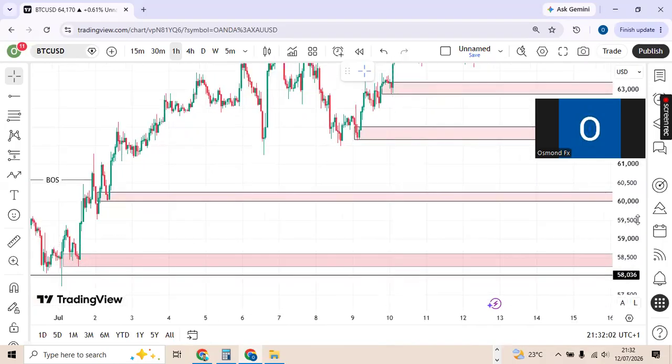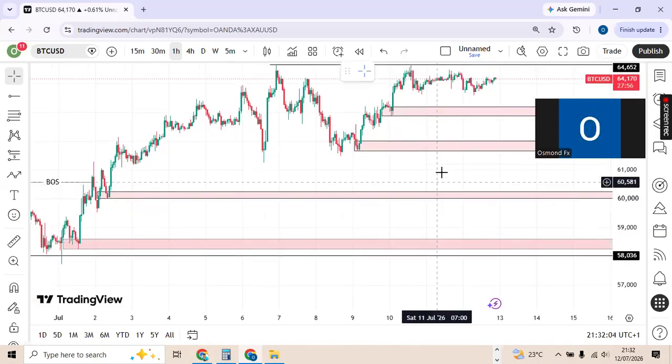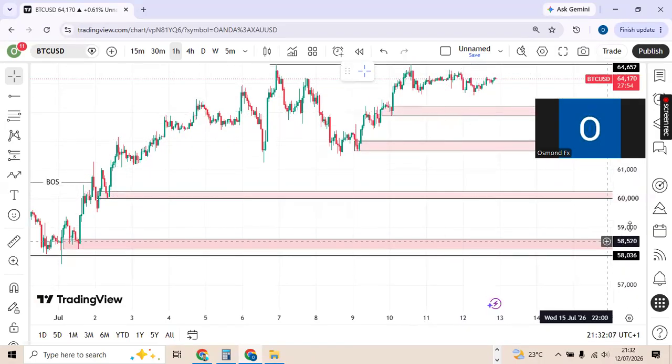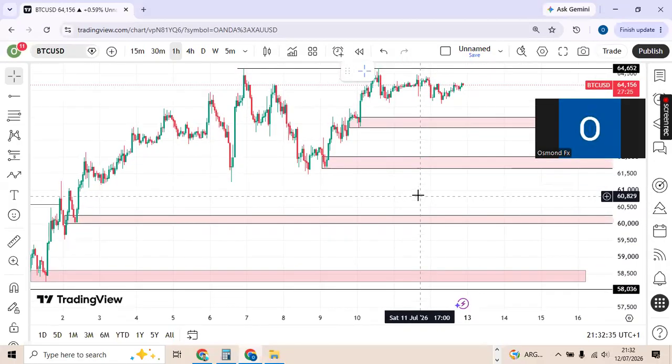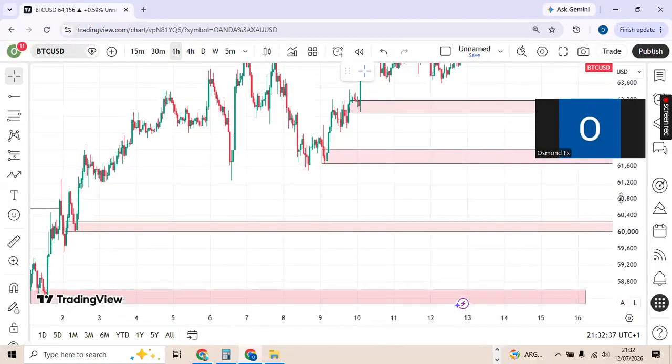All right. Now, I told you guys that if you want to learn how to know which demand zone the market is going to be reacting from, there's what we call lower time frame market structure shift. If you can learn the 5 minutes, 15 minutes lower time frame market structure shift, or if you can also pay attention to the candlestick formation, the bullish engulfing, the doji candle, the hammer and inverted hammer candles, all these things are used to know whether a level, a supply zone or demand zone, is going to be holding. Because right now you guys can see that we have a lot of